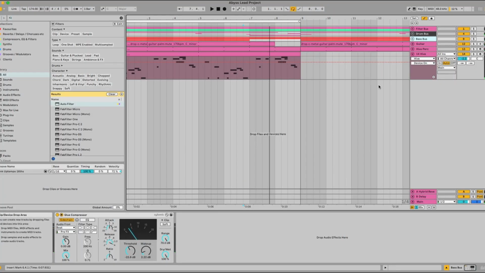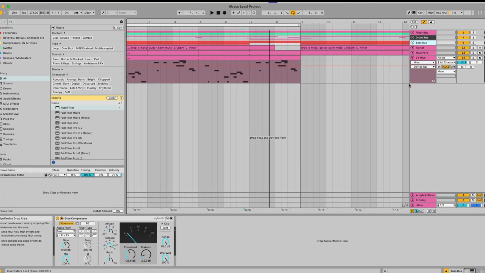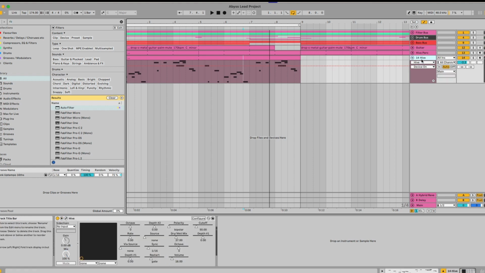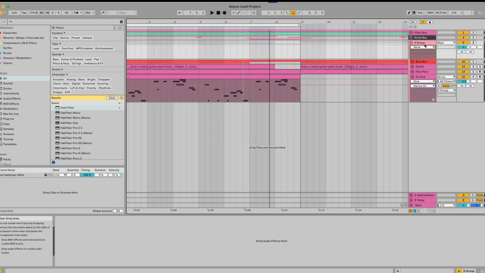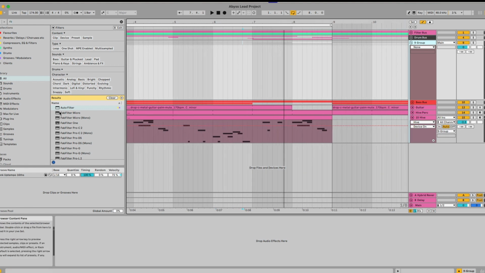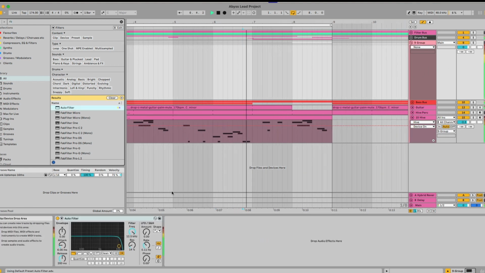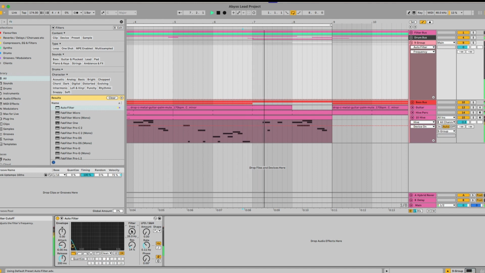The next thing we want to do is take all of our musical sounds, so anything but the drums. We want to group them together and filter them at the same time for the drop. So highlight them, and you can Apple G or just right click and set group. Now we want to add in an auto filter onto the track. So for example, with the filter fully down,